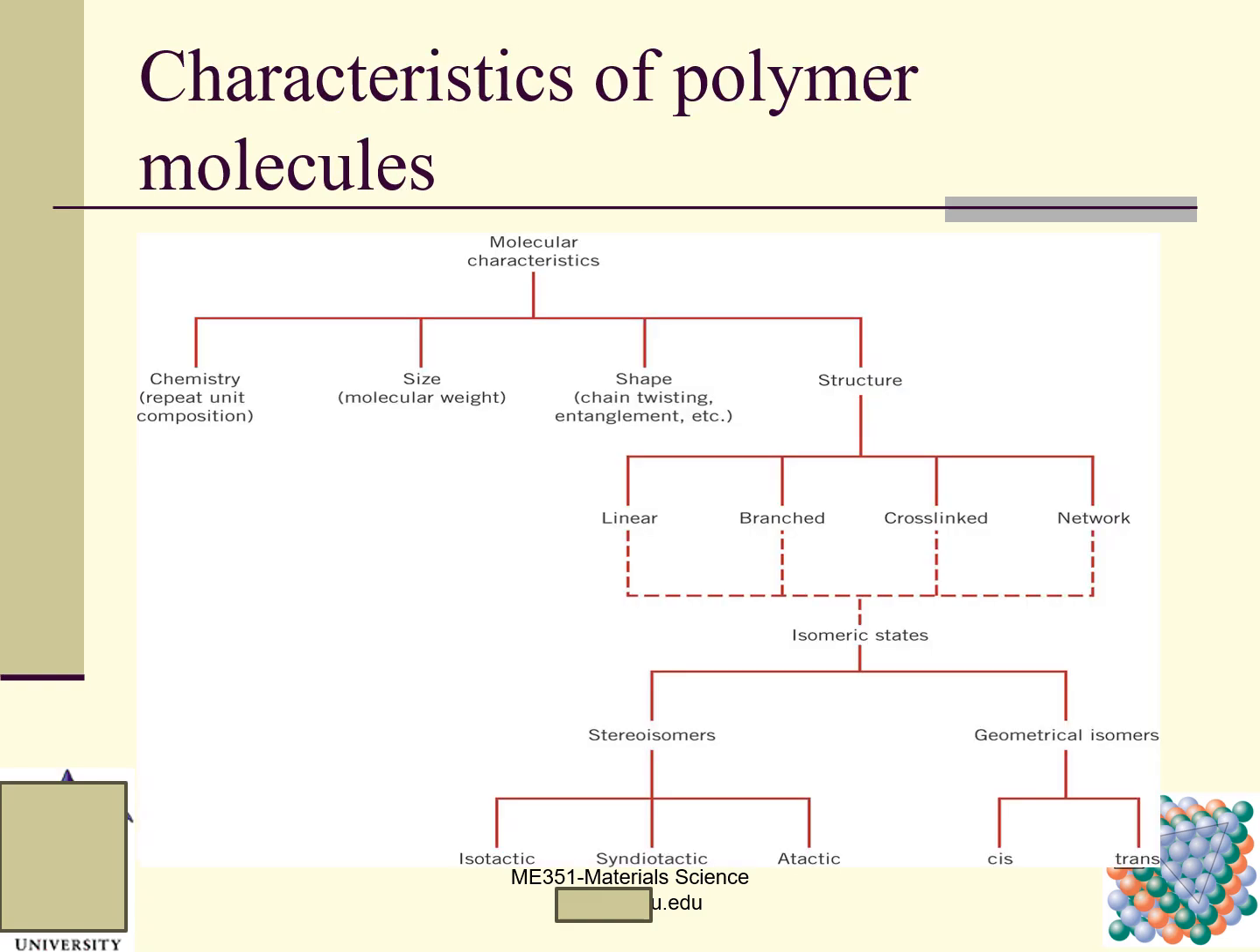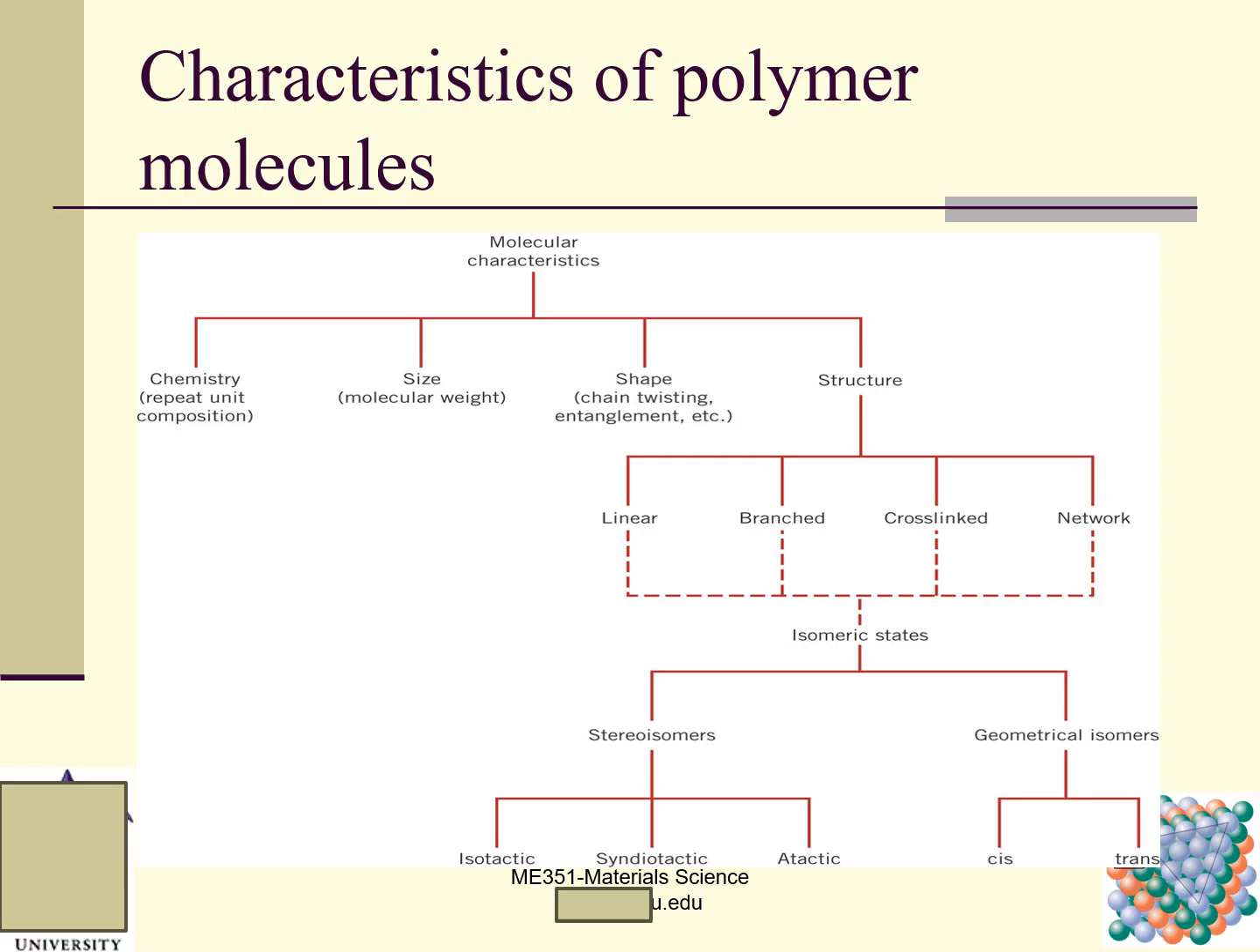And then we talk about the characteristics of polymer molecules here. You can see molecular characteristics: chemistry, repeat unit, size, molecular weight, shape, chain twisting, entanglement, etc. Structure: we talk about linear, branched, cross-linked, and network. And then based on this, we have isomeric states, and we have stereoisomers, or geometrical isomers,